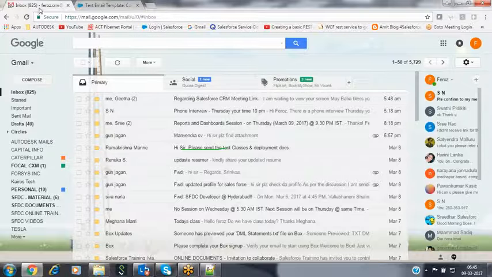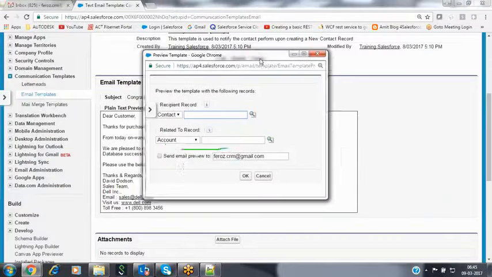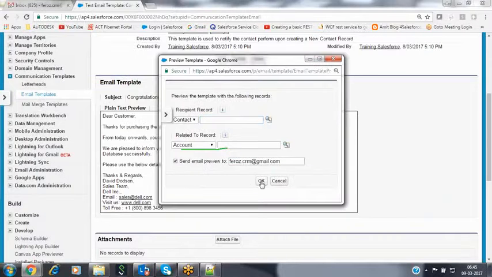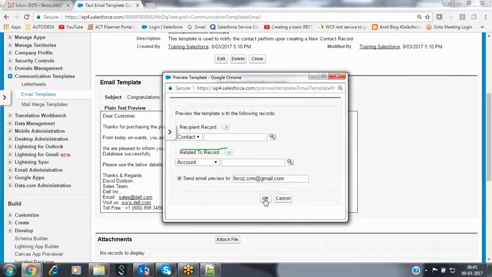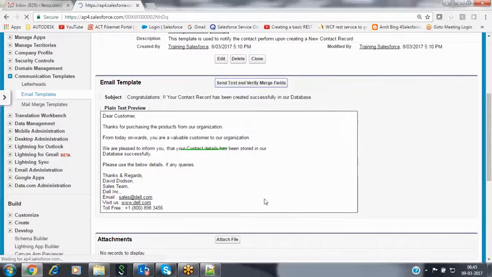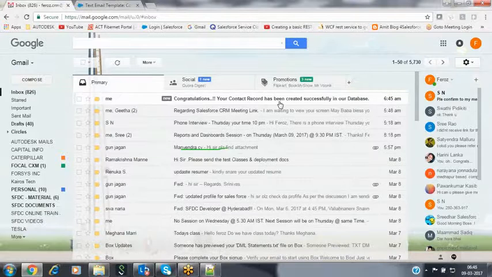Before that, I have logged into this particular email application. This is my email ID, which I'm using. As soon as you click on the OK button, it has to send the email notification with this subject and this content, whatever subject and content we have specified. Now, let's click on OK, verify. It has to send that email notification here. Let's go to your email. We have received that email notification immediately.